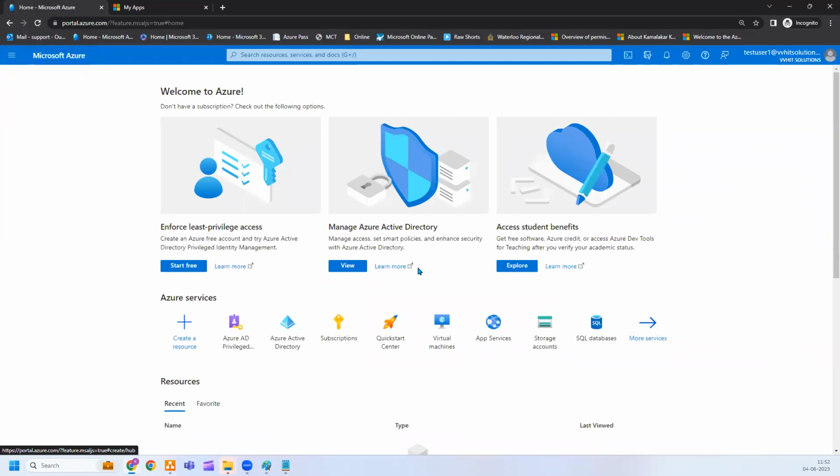So in the next session, I'm going to set up the on-premises Active Directory and create users, and we'll install the Azure AD Connect, and we'll try to synchronize those users to Azure AD, and we'll do the testing on the permissions or user access to subscriptions and Office 365